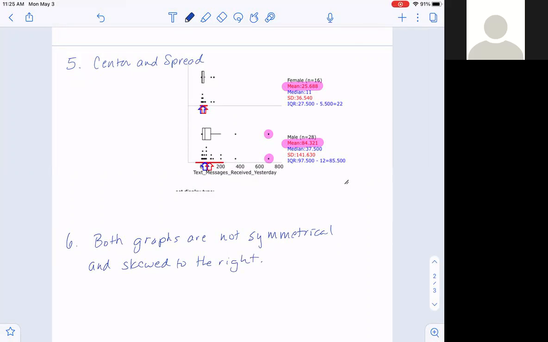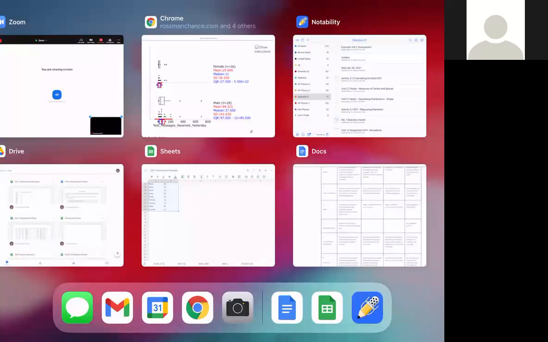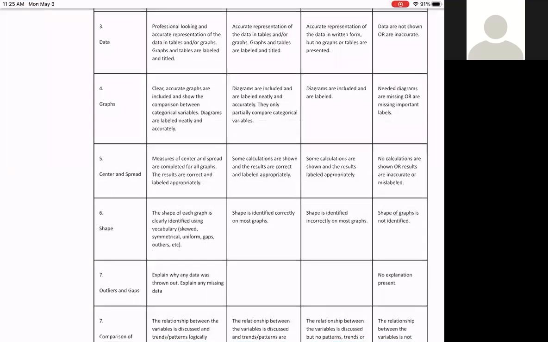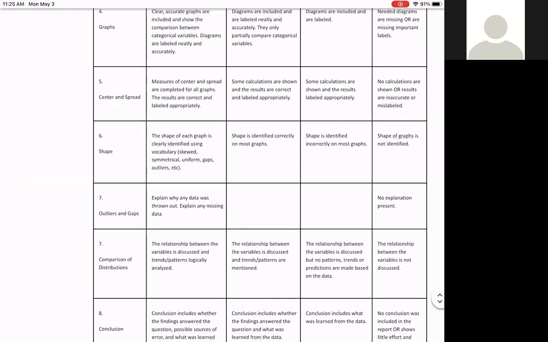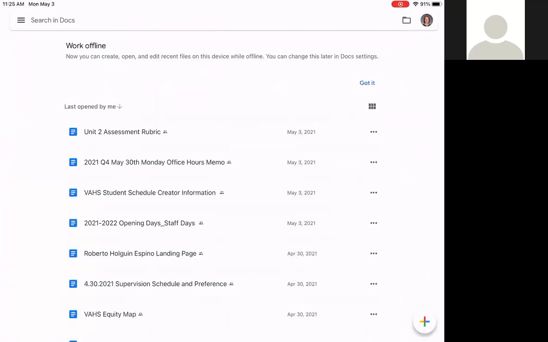Okay, and then I would want to talk a little bit about the outliers. Actually, I think that's my next one. Outliers and gaps. So explain why any data was thrown out. Explain any missing data. So in the interest of time here,